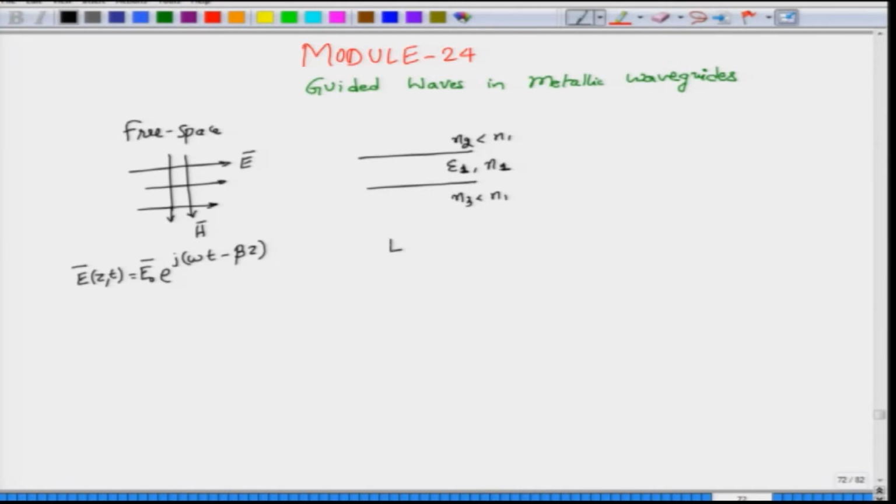And if you assume for a minute that you are looking at the electric field component of this one, without bothering whether we are dealing with the TE or TM modes, then this electric field actually had some function of x, correct, because I am assuming that this direction is along the x direction and this direction is along the z direction. So, the waves should propagate along z. So, in terms of the phasor, we had this e power minus j beta z and this function f of x, right, and different types of functions were present.